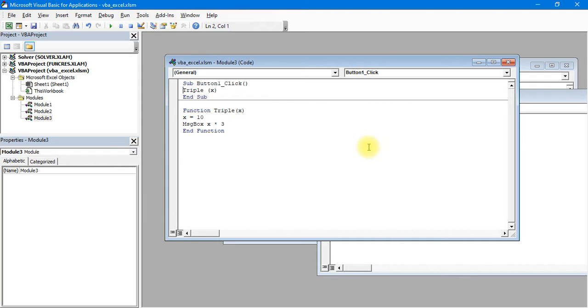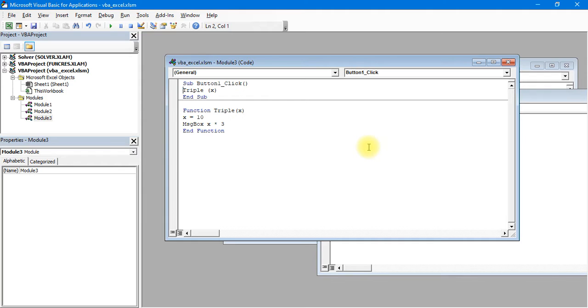So what is the difference between these two? Whenever we say by reference, we mean that we are sending the original value that is there in a variable to a function. By default in Visual Basic, this is how the arguments are passed. Even if we don't write pass by reference, the values are still passed by reference.